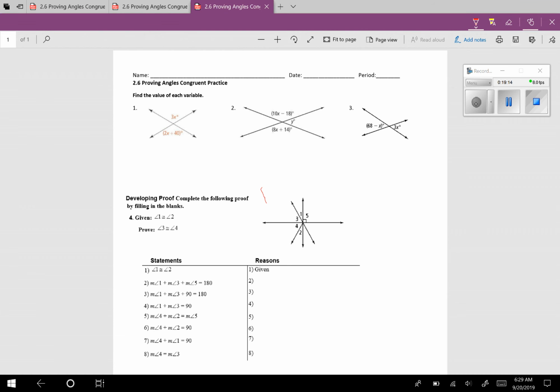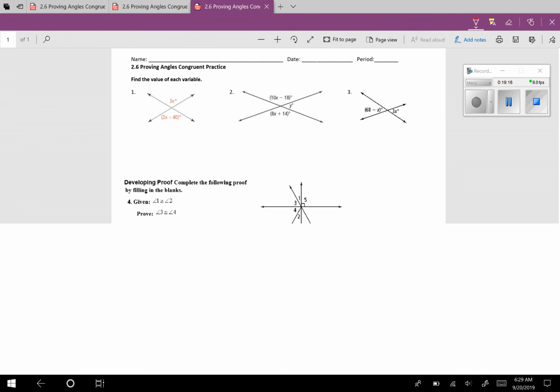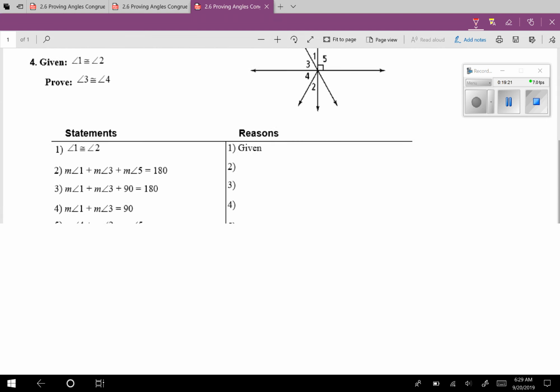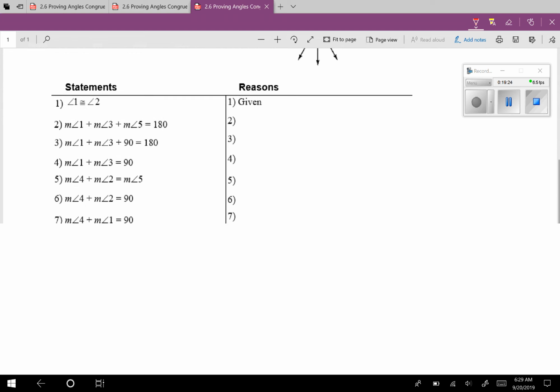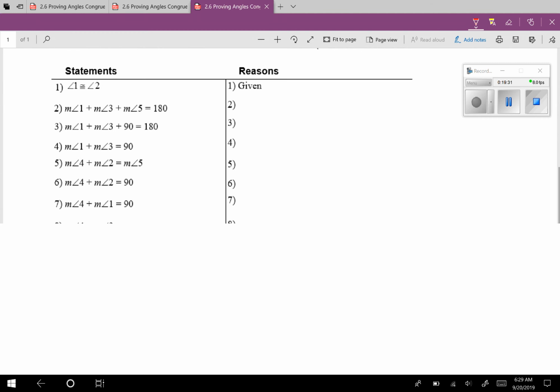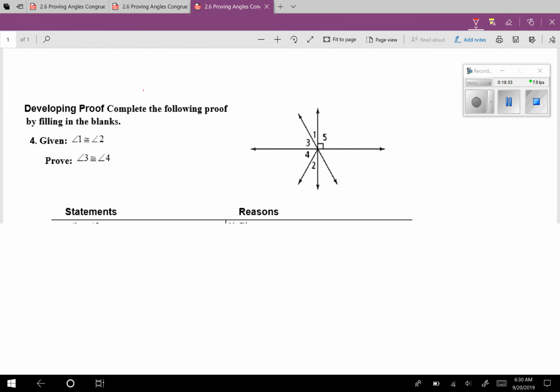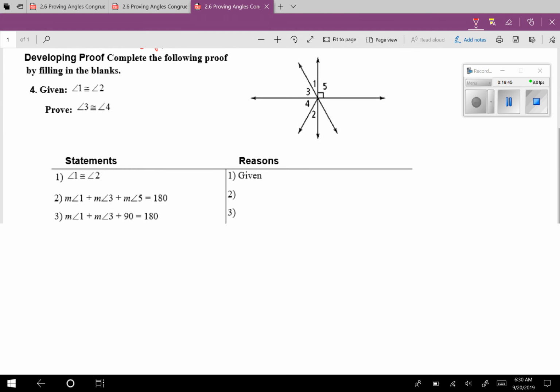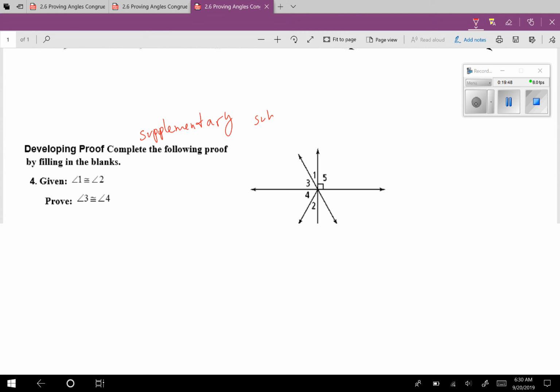Okay, the top ones you ought to be able to do. That's just using the different theorems that we know. Oh, what's going on with my screen here? But on this one, you got 8 steps. Some of the things you're going to use are going to be supplementary. So I'm just giving you some of the reasons. I'm not spelling them out directly for you, but you're going to have to use facts about supplementary angles, the substitution property,